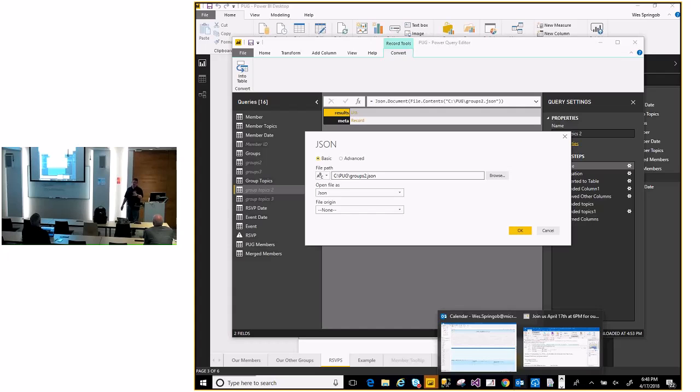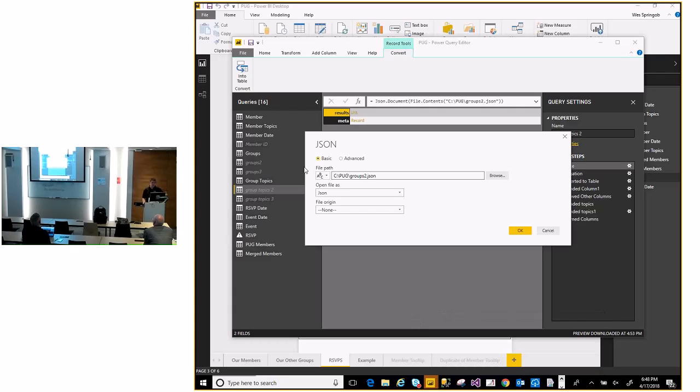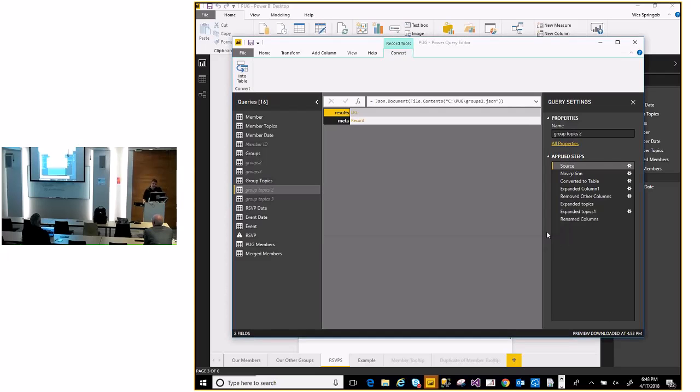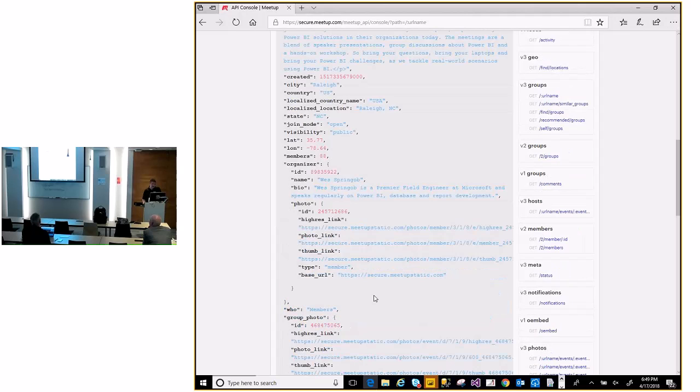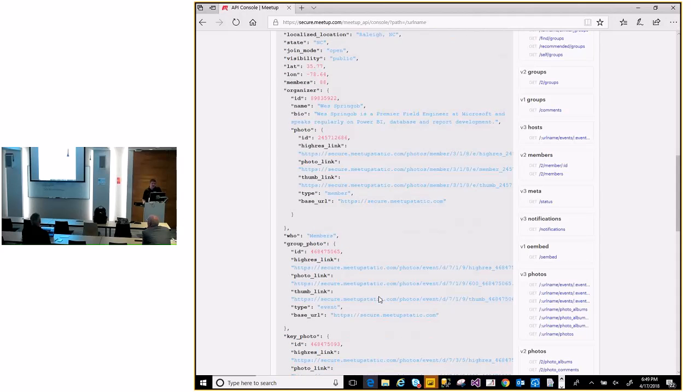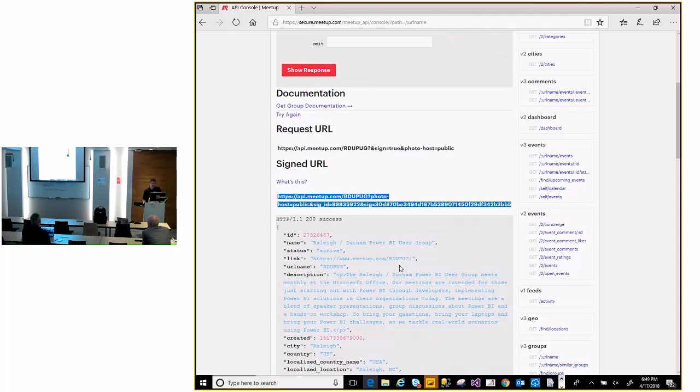one call for that. But then when I look at all of the groups that you guys are members of, well, there's thousands of those. So I would have to iterate several times over those. And I didn't really get all of them to the other groups that you guys are members of. So that's really clunky. Initially, I was also doing it as an export to a CSV file. So I would go through this console and I would literally scrape this value out. I tried that in the beginning, very, very clumsy.